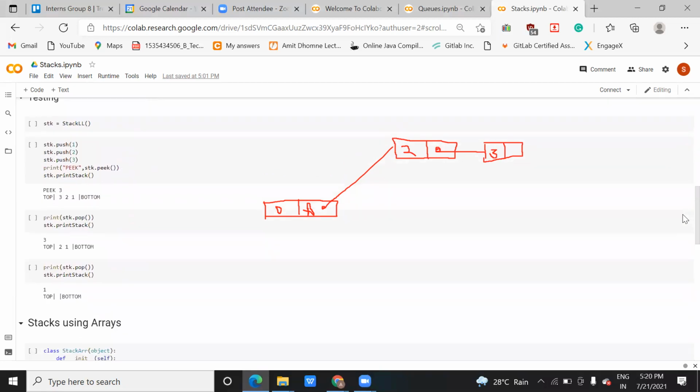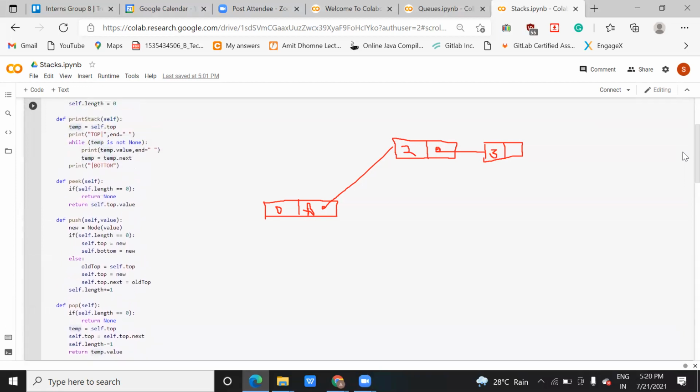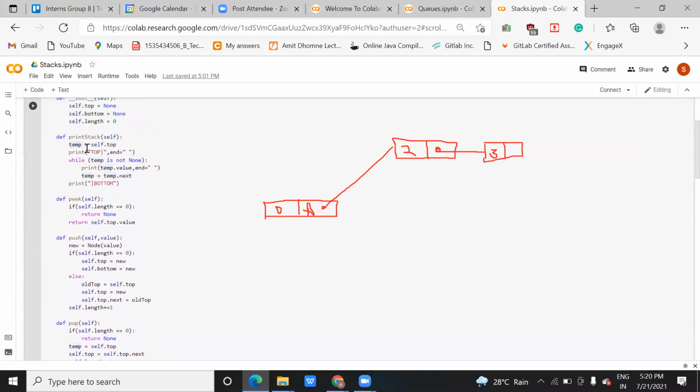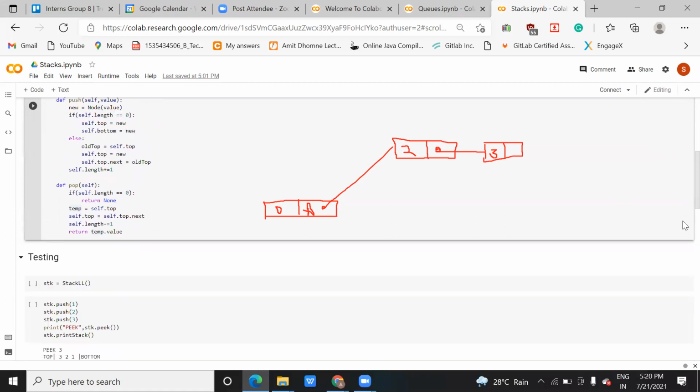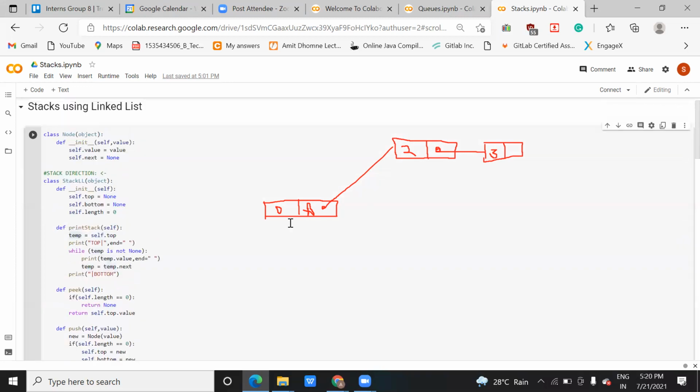Here, at the top, you can give it any symbol. I have given the pipe operator, but you can give any symbol you want. So as I have given the pipe operator, it comes out like this, with a space. Once it prints temp dot value, where temp is a temporary variable holding the current value, it gives a space and then points to the